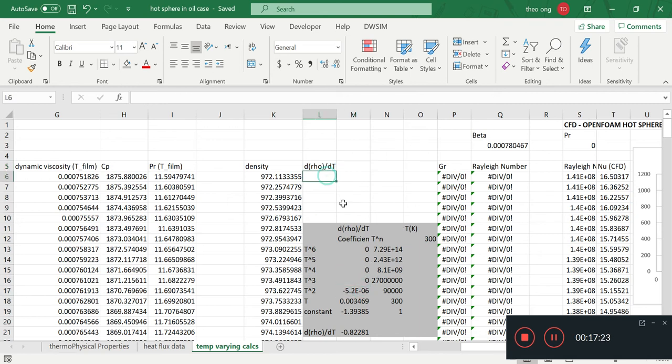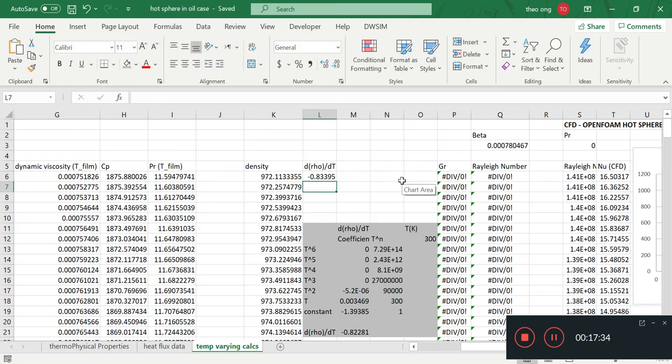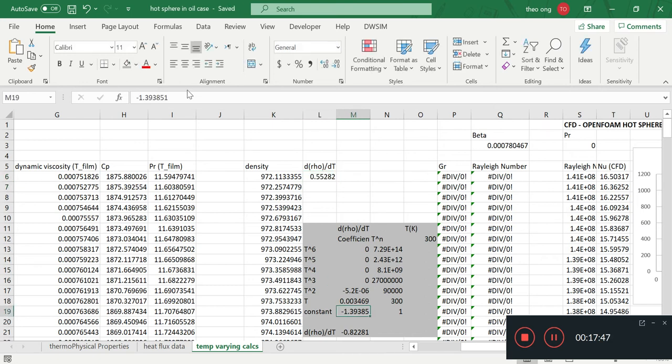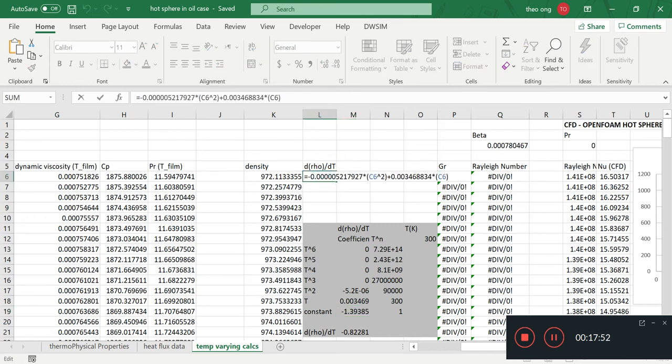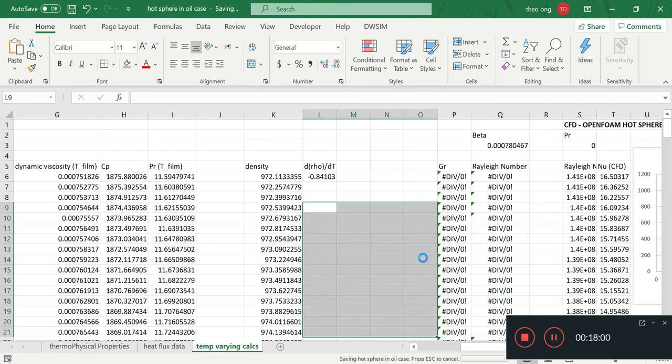5.2 times 10 to the minus 6, squared. So this one is a t squared thing. For me, this one is with respect to t, plus I want this times the c6, then plus a constant, which is this. Okay, so now we have our d rho dt, the change of